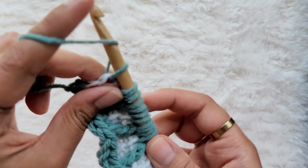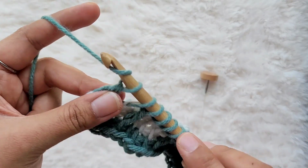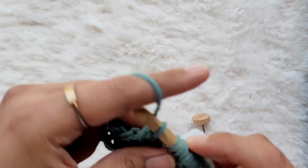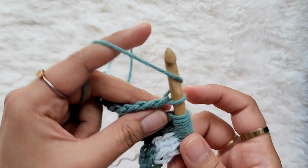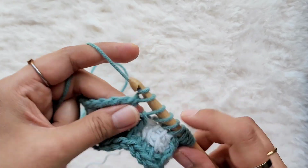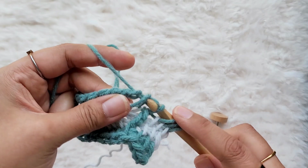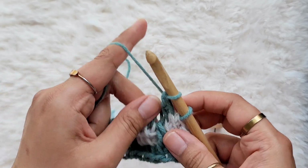Alright, then we're going to do a return pass, chain 1, yarn over, pull through 2, yarn over, pull through 2, all the way across, until we get to 2 loops remaining again, because we're going to switch back to our lighter color. So now we have 2 loops remaining. Let's join back our color